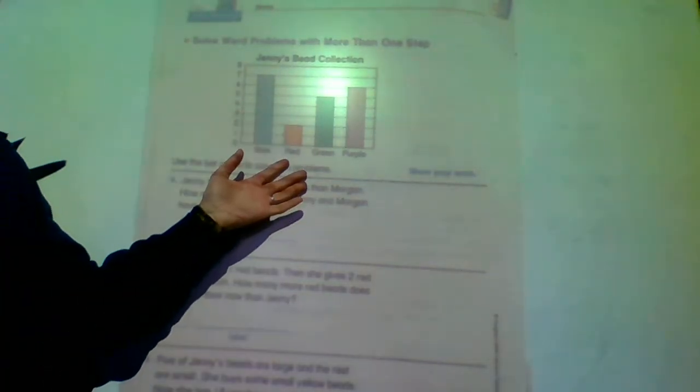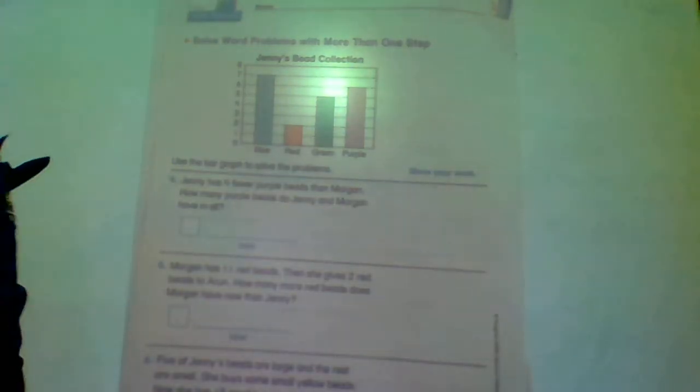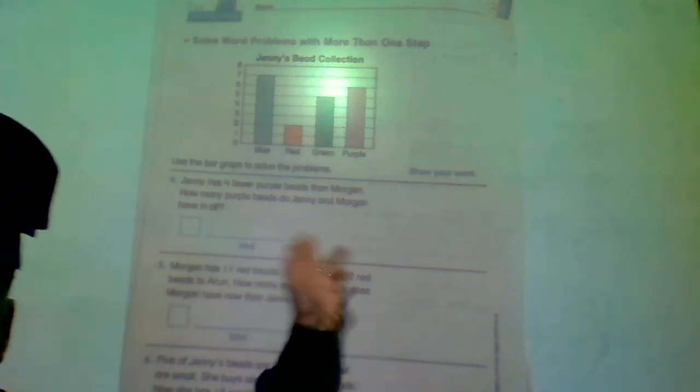Jenny's Bead Collection. Second graders, listen up, eyes on me, please pay attention to this. These math problems right here are designed to be given to second graders towards the end or middle of the third quarter. This is the hardest, the most challenging math we will do in second grade. It is not fair that I am doing this on a video and we can't interact and you try and do this math. So what I would like you to do on page 240,